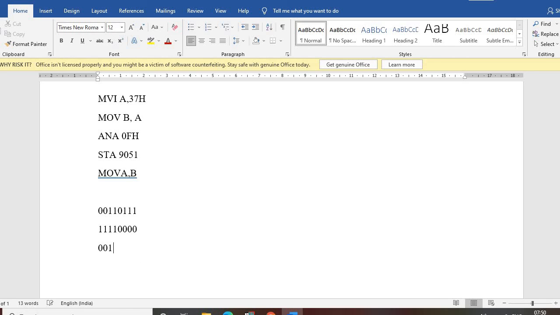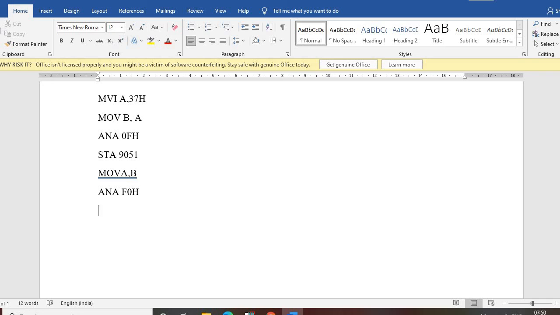That is what we have to do to get the 3. So again I have to mask with ANA F0. So we are getting 30 in the accumulator after this.